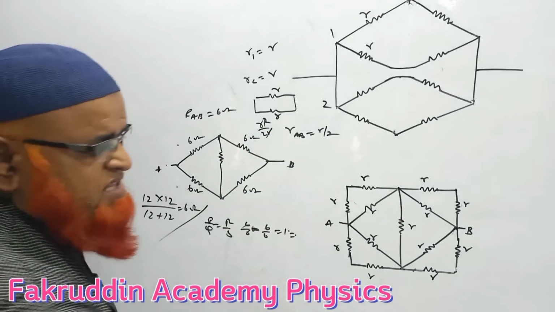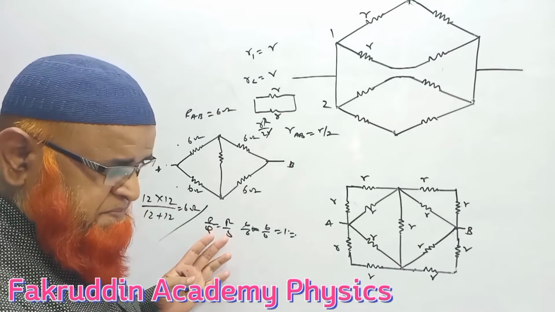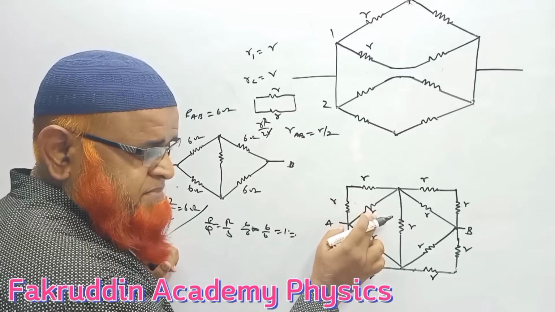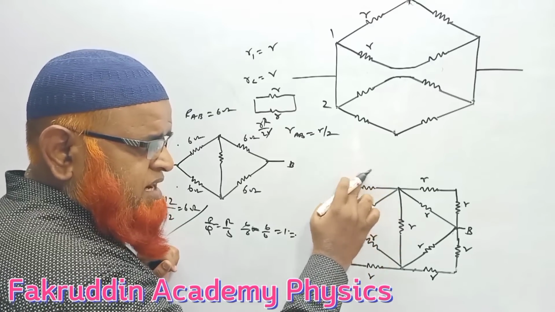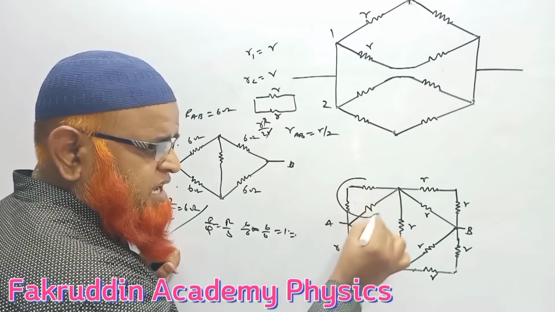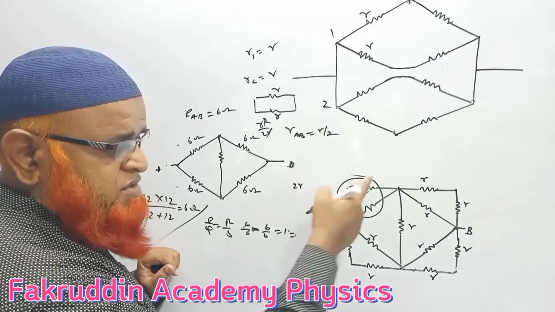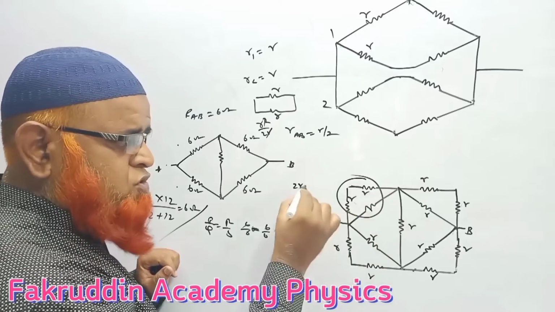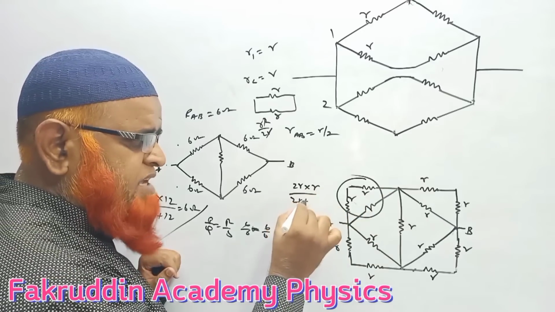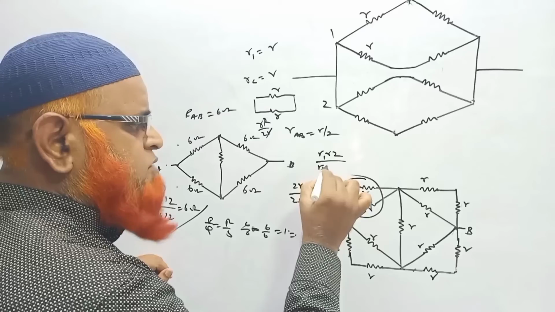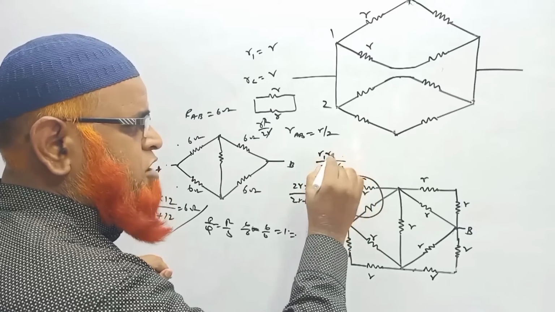Then what is the answer for this? This is also a complex Wheatstone bridge. This is R, R and R. Understand? So let us take these three resistors here. This is R and R, which is taken as 2R. This 2R is in parallel with this R. So 2R into R by 2R plus R, by the formula called R1 R2 by R1 plus R2, which is the parallel connection formula here.